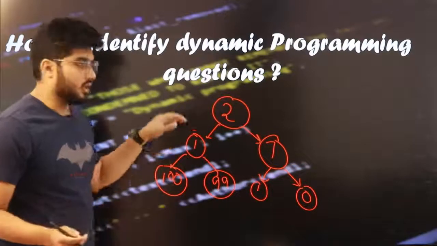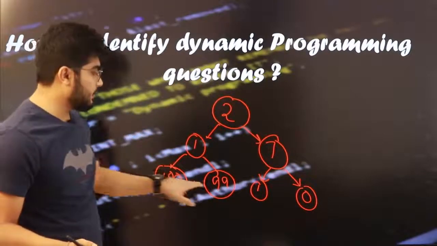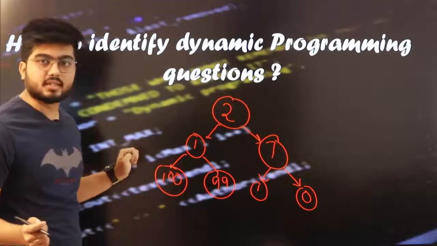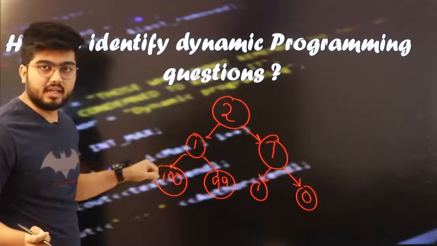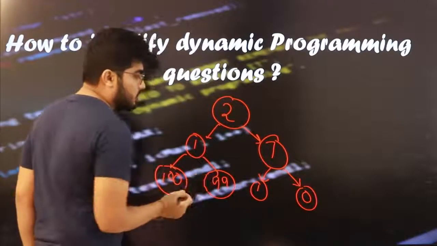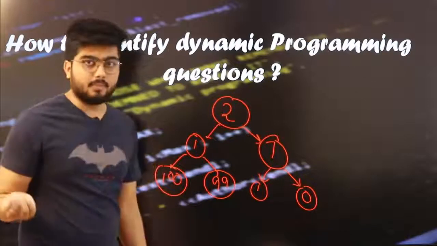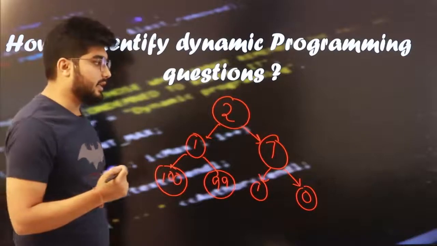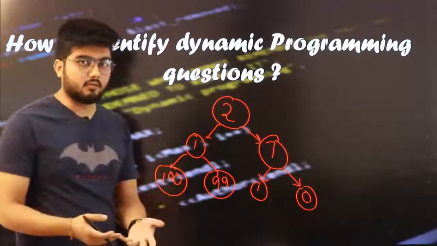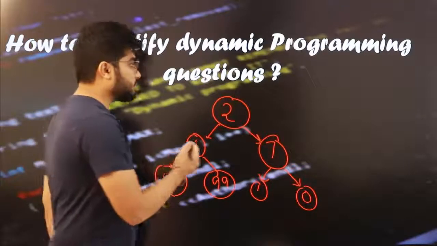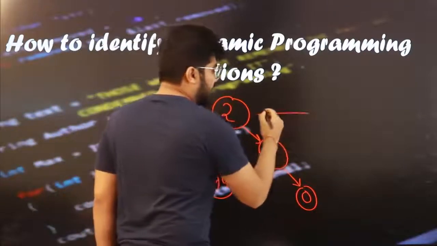Okay, so it's a tree and this is the root of the tree and these 4 are the leaves of the tree. Now the question is that you have to find the largest sum from root to a leaf. One of the examples will be 2 plus 7 plus 1, which makes the sum 10. Likewise you have to find the largest sum. And once you have visited one particular node, you cannot revisit it. So we'll start from here.